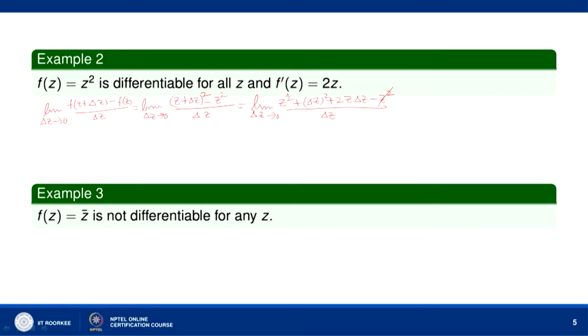Okay. So, z square will cancel, we divide by delta z and get limit delta z tends to 0 of delta z plus 2z. When delta z goes to 0, delta z plus 2z goes to 2z. So, we can say that the limit of f(z plus delta z) minus f(z) over delta z as delta z goes to 0 exists and is 2z, and thus by definition of the derivative